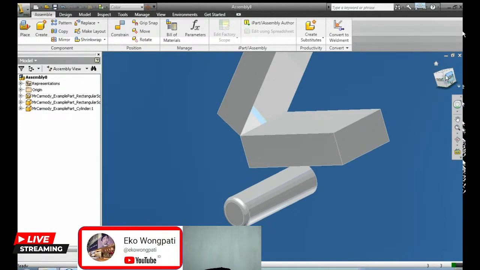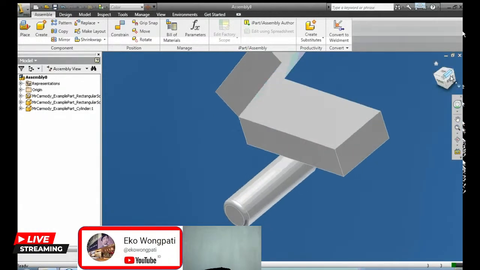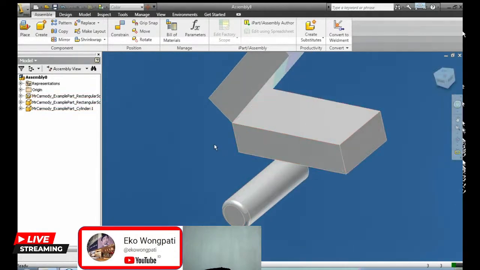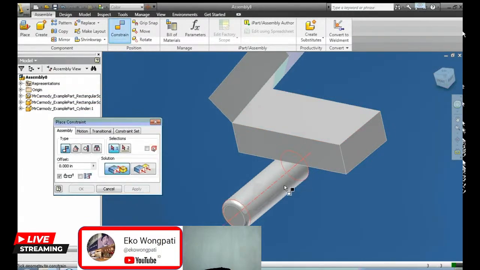Okay, so now we're going to do the tangent constraints. Let's say that I want to fit this cylinder right in between these two blocks. So we're going to go ahead and select tangent. The outside tangent is already selected, so I'm going to select my cylinder and the face of my block. Okay, now notice it goes into the block itself, so if I were to cancel out and drag this around a little bit,